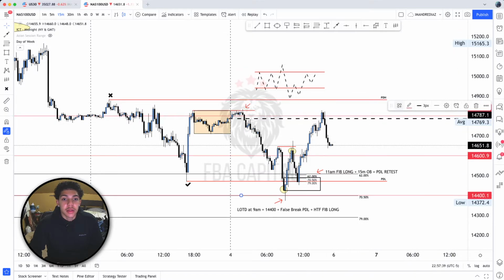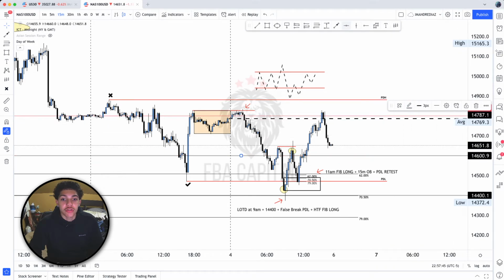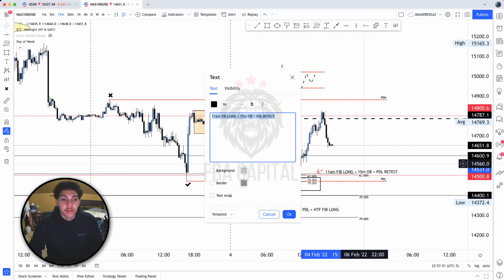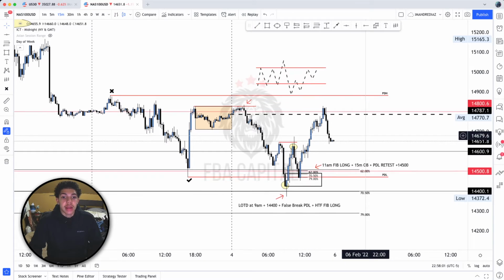I'm going to make this black and this black, just like that, and we'll leave the 800 level and the 500 level red because these are our main big figure levels. So right there. Plus we had the retest, plus we had 14,500 level. So there was a lot of reason to believe why price was going to have another reaction from this specific level right here. You just would have had to have the patience to wait for that move to overall happen.